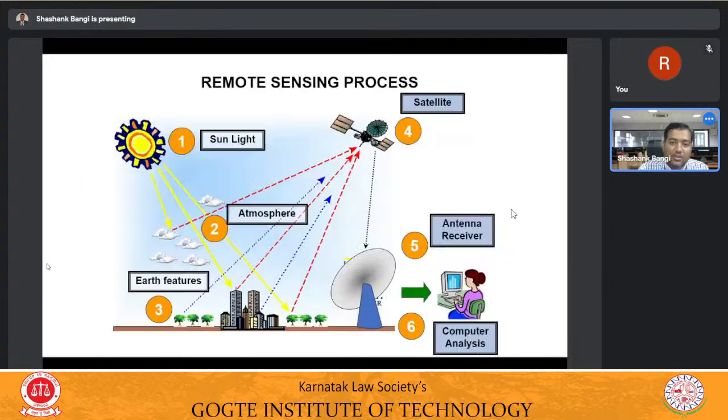So here you can see the different elements which are present in the remote sensing process, how the energy is captured by the satellites. As you all know, the sun acts as a source of energy. Whatever energy is coming from the sun will fall on the earth, and some part of the energy will be reflected back, and the same energy is captured by the satellite. So this is how the process goes. You are going to learn this process in detail in unit 1.